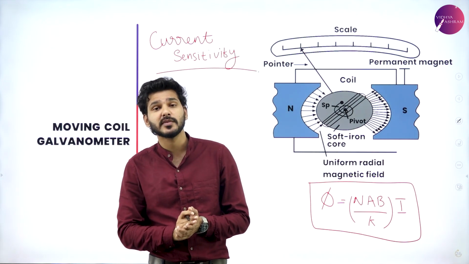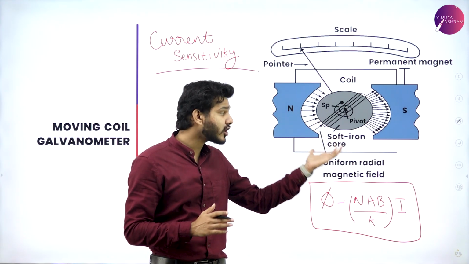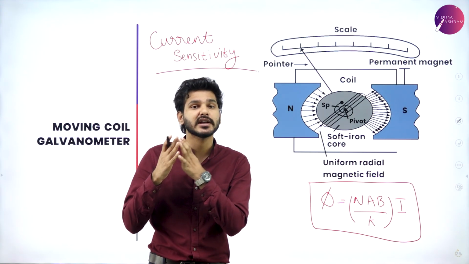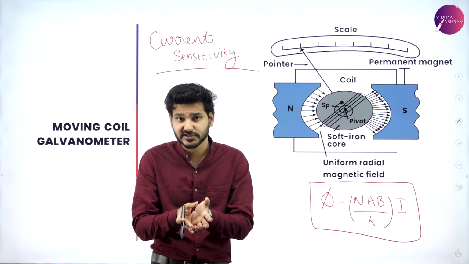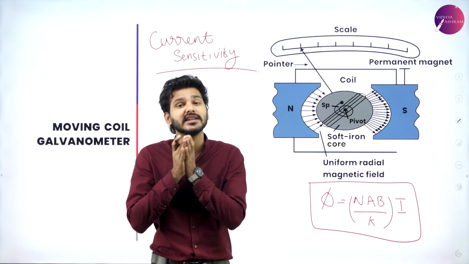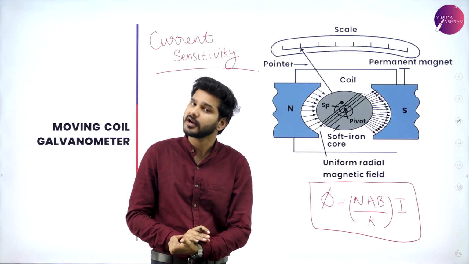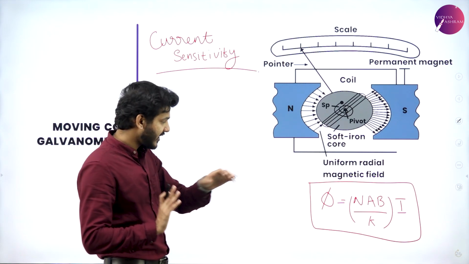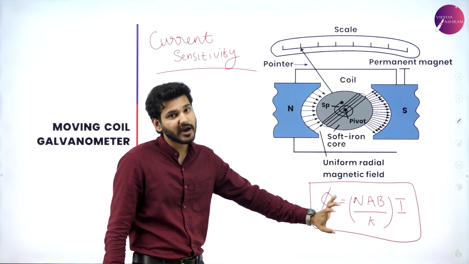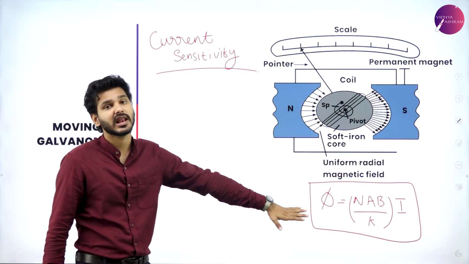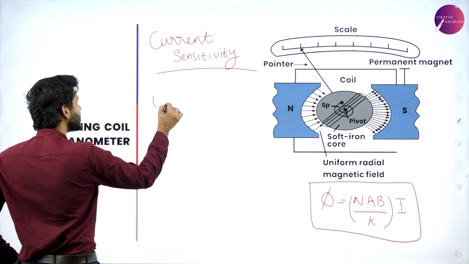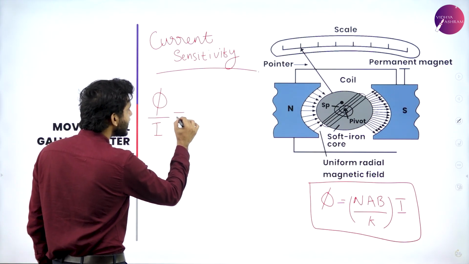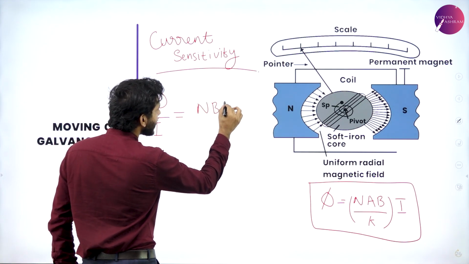Now again, I told you we have to make sure that the moving coil galvanometer detects even small amounts of current. So how can you make sure that when even a small amount of current is passing through, it is detected and the galvanometer is sensitive towards it? For that, we have what is known as the current sensitivity equation. We have the final equation ready here. The only thing we have to do is take the I to the left hand side denominator. So we can say that deflection per current passing, or deflection per ampere,